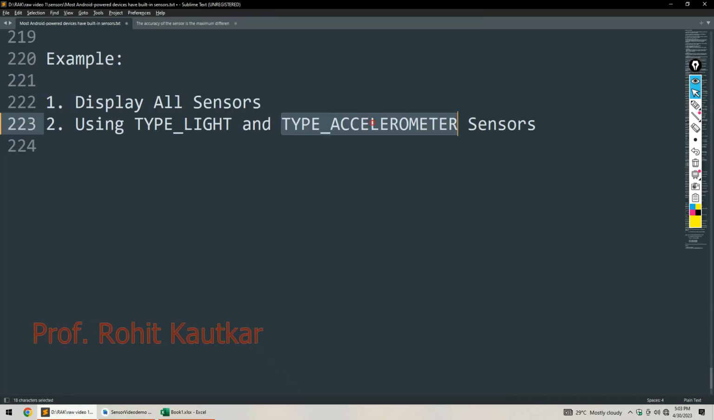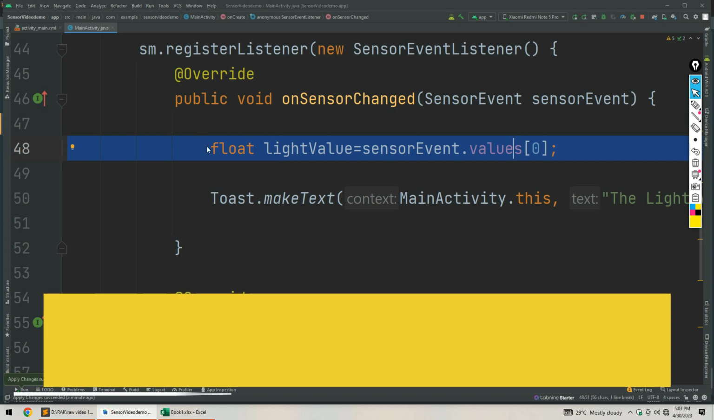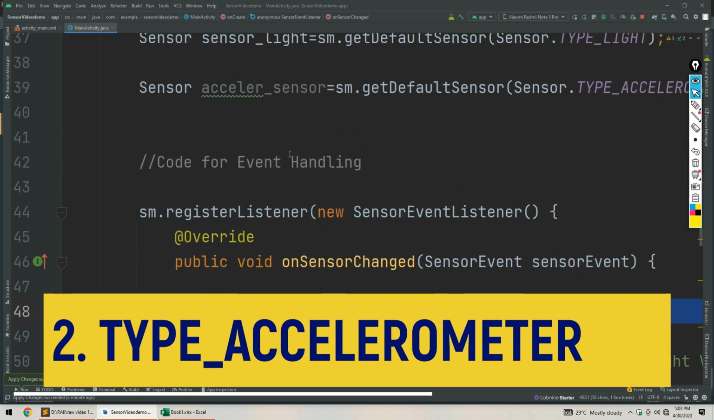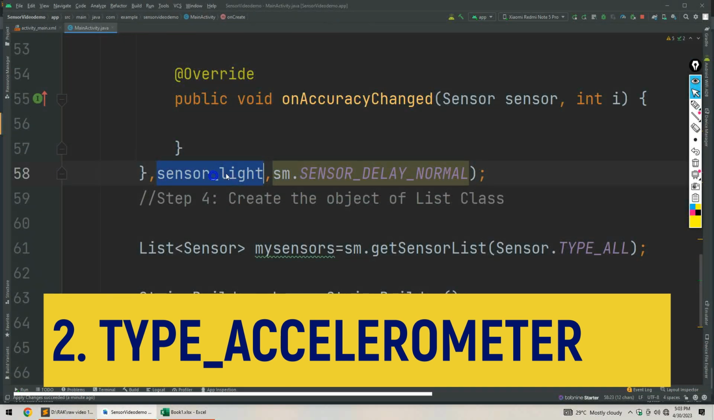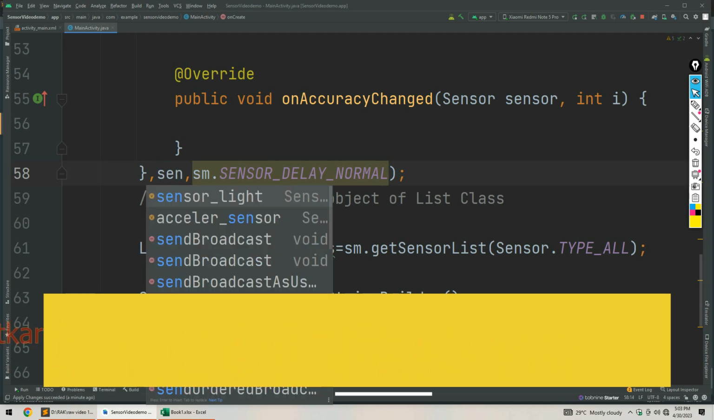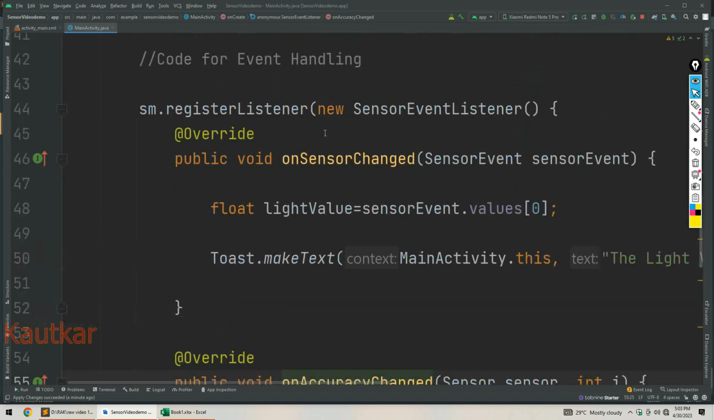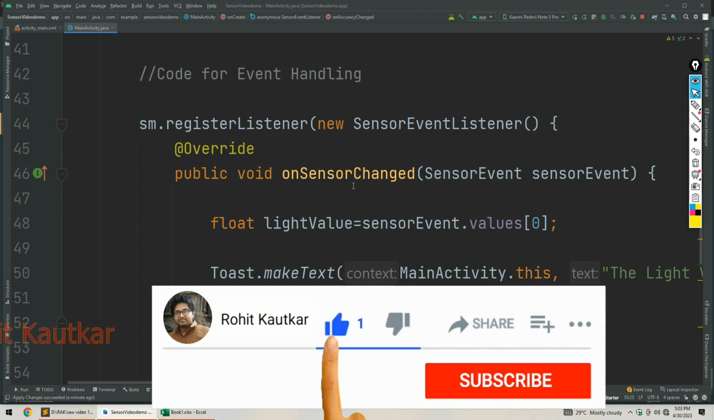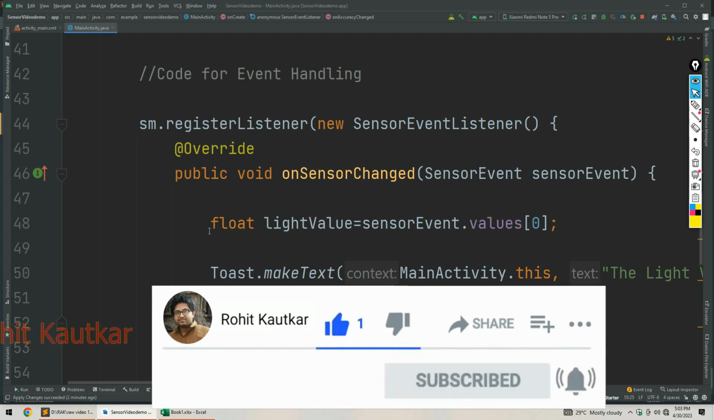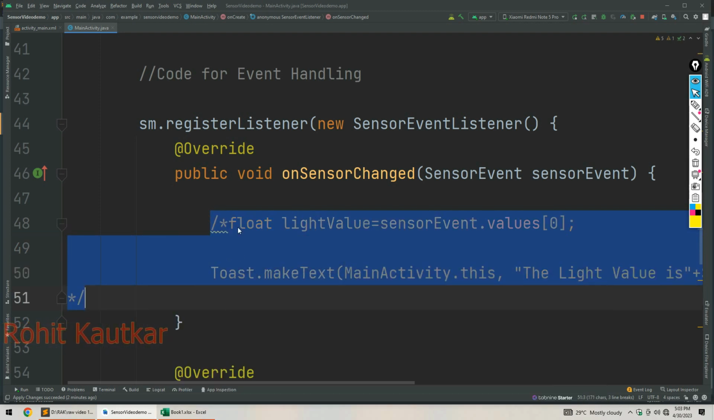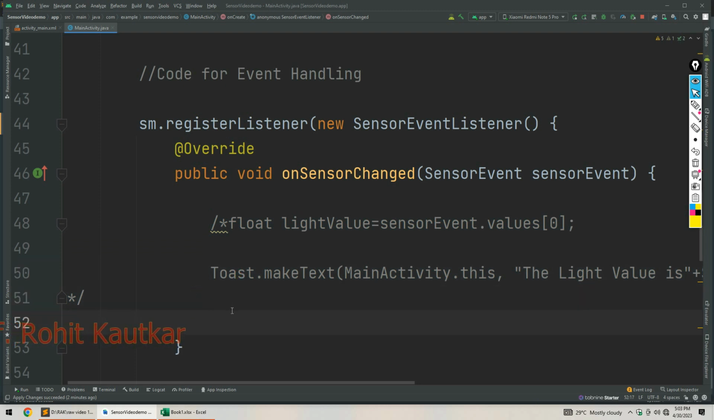Already we have implemented this code. I am only going to change the type of sensor here. Instead of the light sensor, I am going to use the accelerometer sensor object. Okay, accelerometer sensor. And here, as you know, it returns three values. So those three values I am going to display in the logcat. I will comment this code, and now I will write on the next line float x, the first value, is equal to